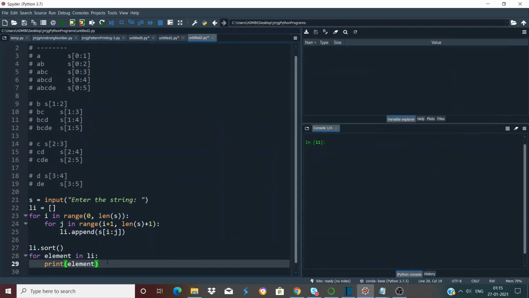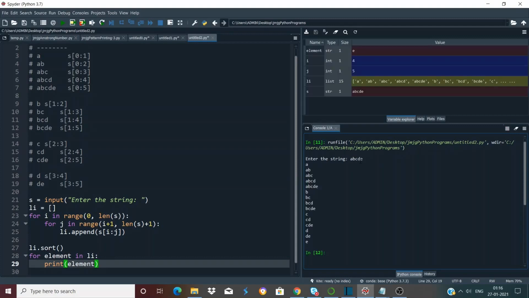Right? So let's run our code. Let's enter a string A, B, C, D, E, and you can see we get the desired output. We get all the possible substring combinations of the string A, B, C, D, E, right?